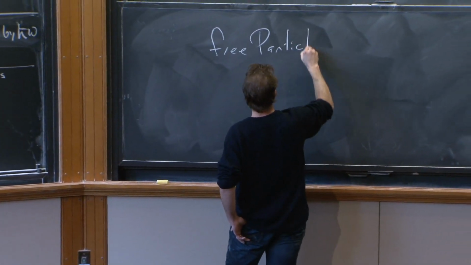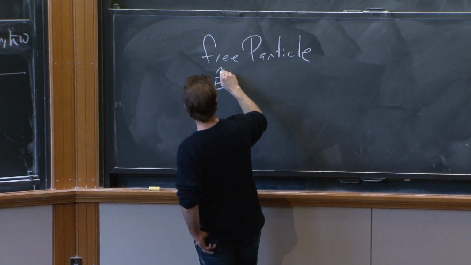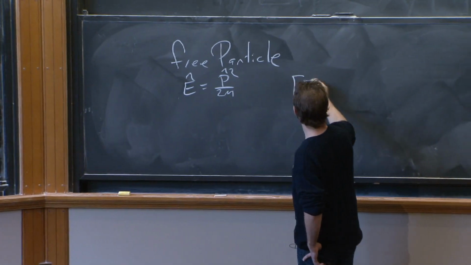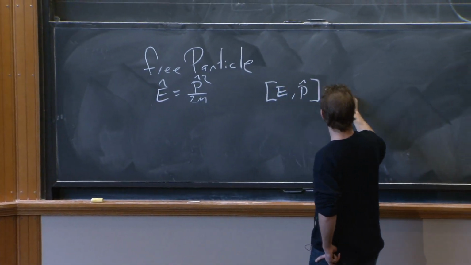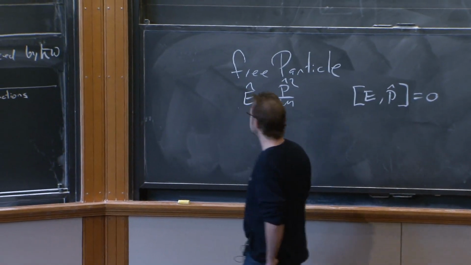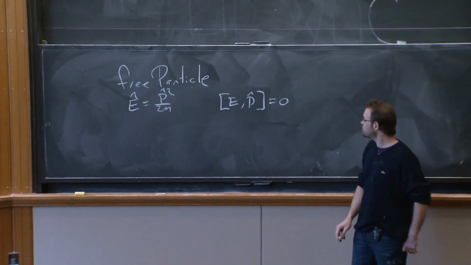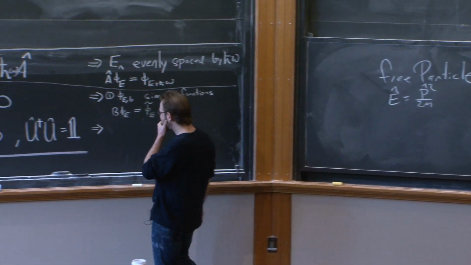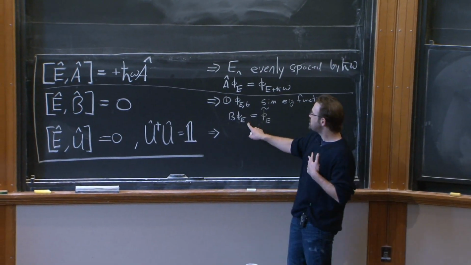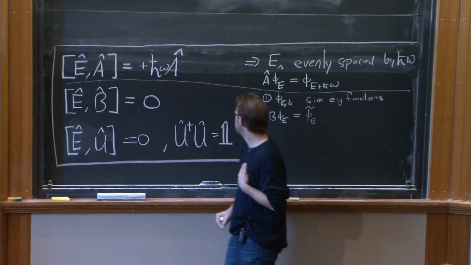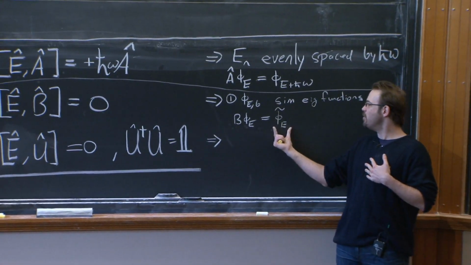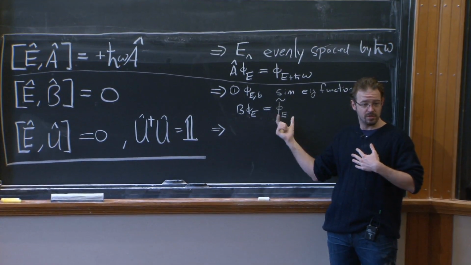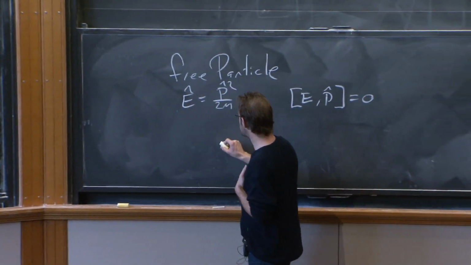Okay? In the case of a free particle, we have E is equal to p squared upon 2m. And as a consequence, E and p commute. Everyone agree with that? Everyone happy with that statement? Right? They commute, so the commutator is 0, if you will. And here, what I wanted to say is when you have an operator that commutes with the energy, then there can be multiple states with the same energy, which are different states, right? Different states entirely.